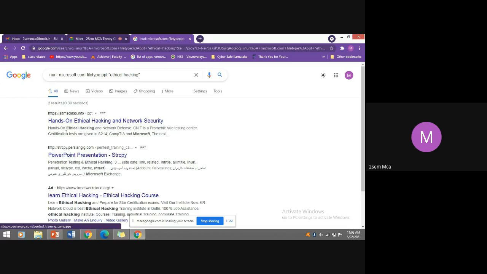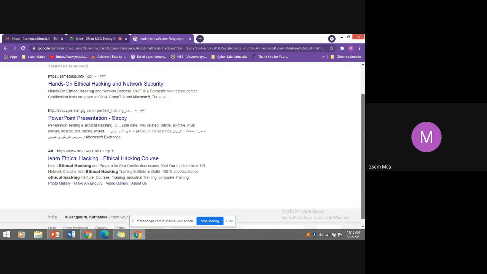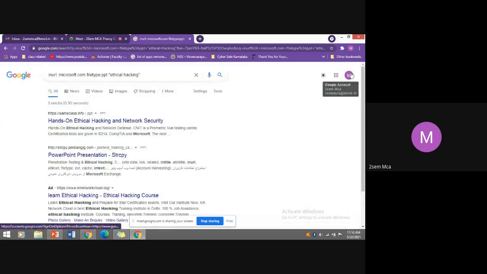You can locate it, and you are going to get the PPT relevant to Microsoft. This is refining, narrowing down the search to locate exactly what you want from the targeted machine. You are going to extract the basic information.